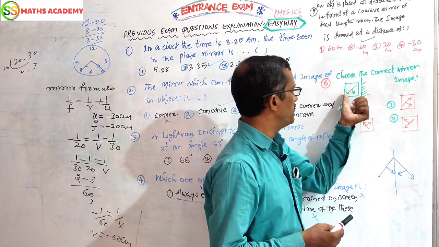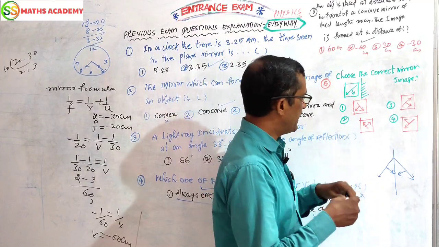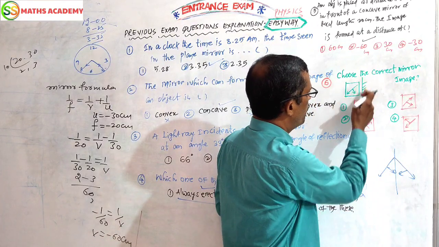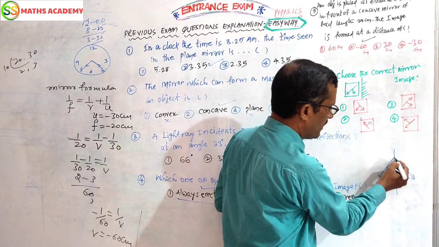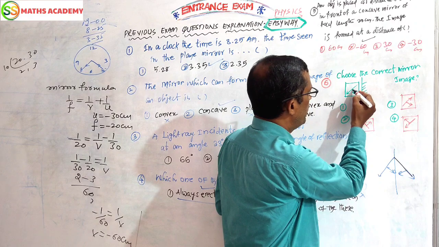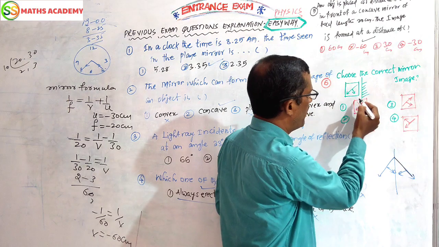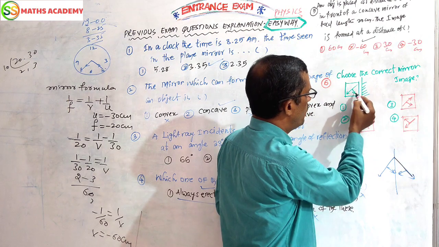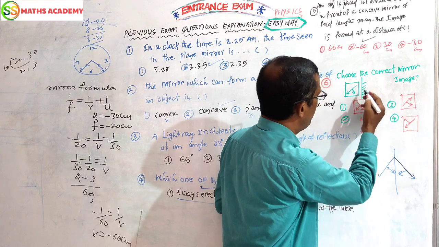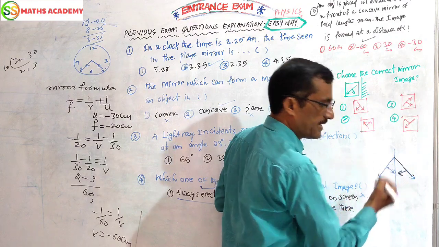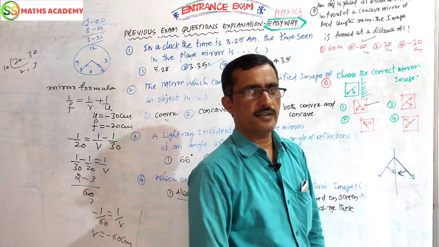Here you see, this is the object. You see this arrow mark is on the left side. Generally, then what will happen? If you put a plane mirror, this arrow mark appears to be on the right side. Okay? So this half of the answer is completed. You take the small one, here one more example is there. The small arrow mark is towards the right side. But in the mirror what will happen? It will appear on the left side. So which is the relevant answer? Option 1 is the correct option.